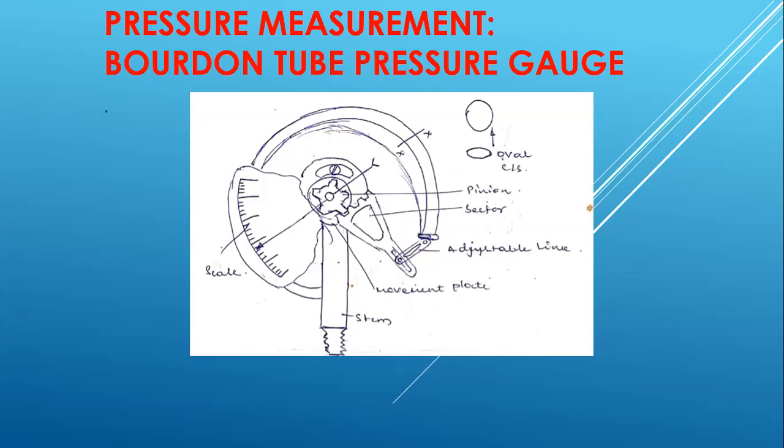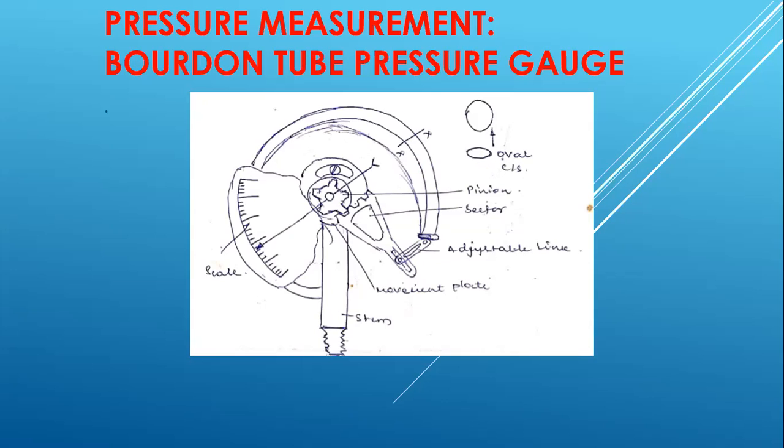Before explaining this principle of operation, all of you have seen the tube of the two-wheeler or cycle tube. All of you have seen, when a puncture occurs in the tube, you have to fill the hole with rubber material. All of you have seen the shape of the rubber tube. Actually, the shape of the rubber tube is an oval cross section. Remember, oval cross section.